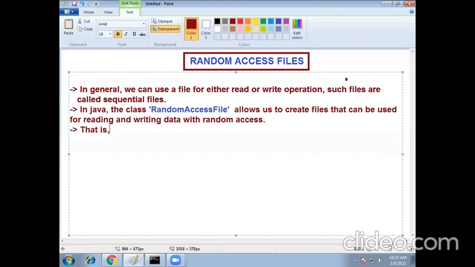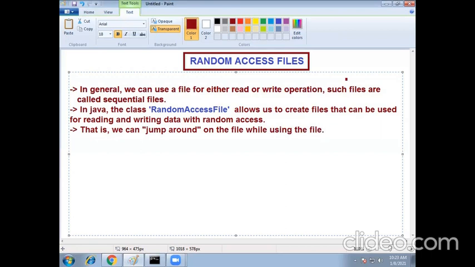Random access means we can jump around in the file while using the file.